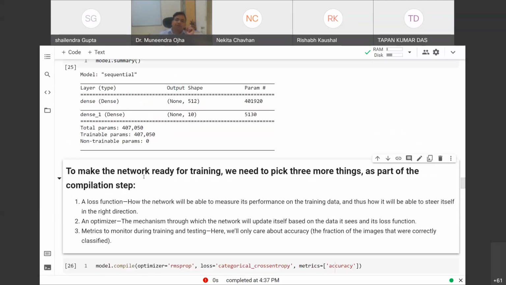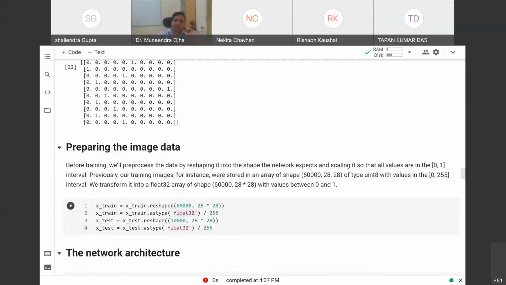Why do we convert values from 0 to 255 to 0 to 1? Because we don't want to deal with big values. Either it is 0 or it is 255.